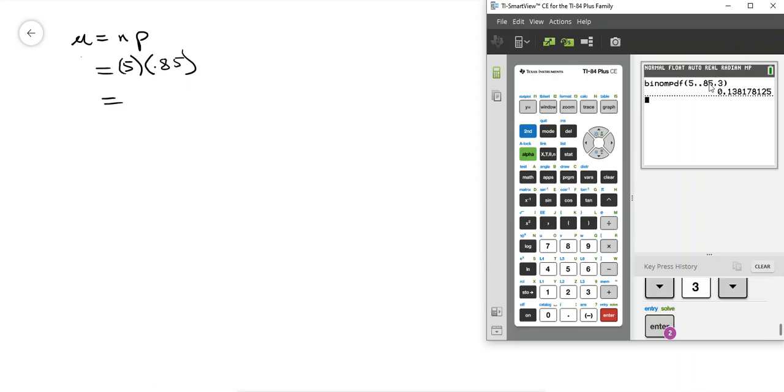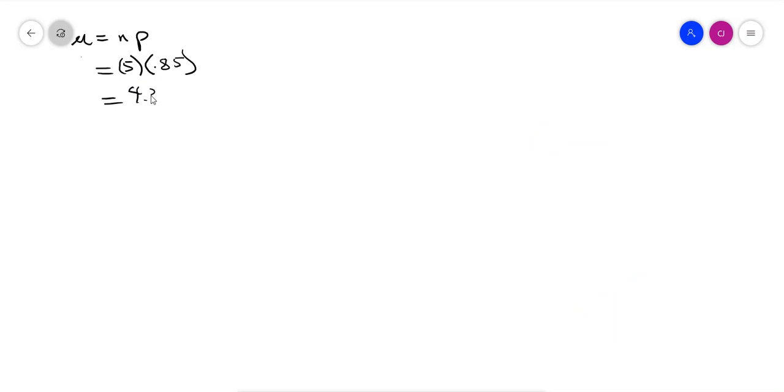All right, so remember we did 5, 0.85, and then 3. So we just take 5 times 0.85 and get 4.25, right? So there's our mean of 4.25. Right, standard deviation, remember I'm using this sigma, so that's the population standard deviation. This is the population mean, mu,